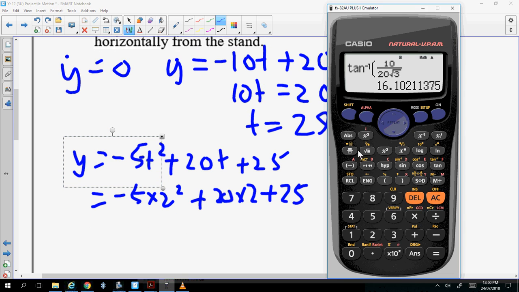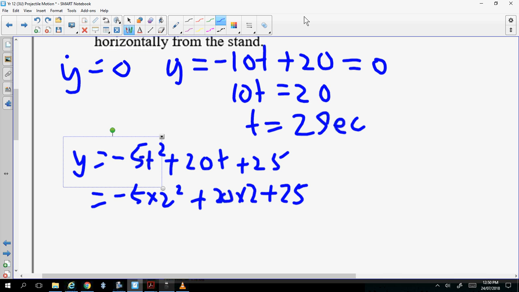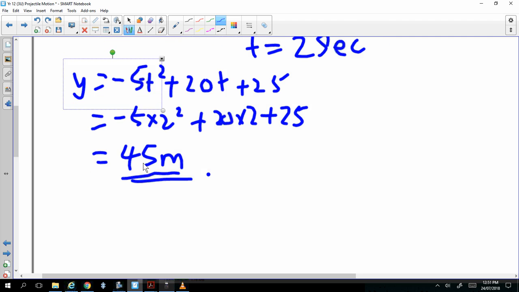And what is the speed then? How far is it horizontally from the stand? Let's work out x. So x equal to 20 root 3. So after 2 seconds will be 40 root 3 meters from the stand. And then we're going to find the speed. To work out the speed, you find out x dot. X dot will be equal to 20 root 3. Y dot will be equal to negative 10t plus 20. Substitute t equal to 2,